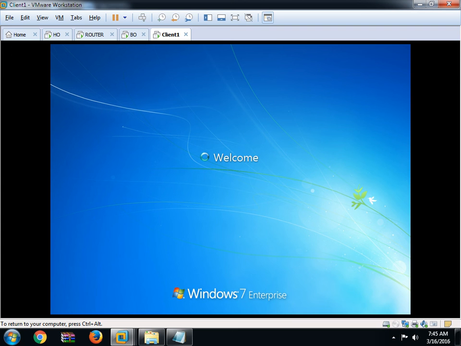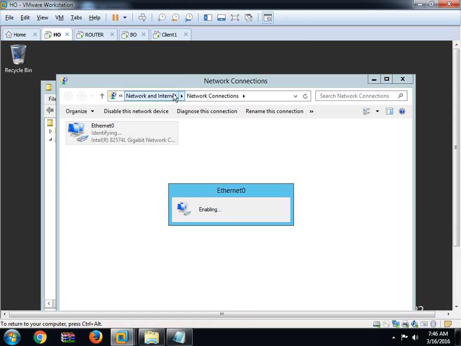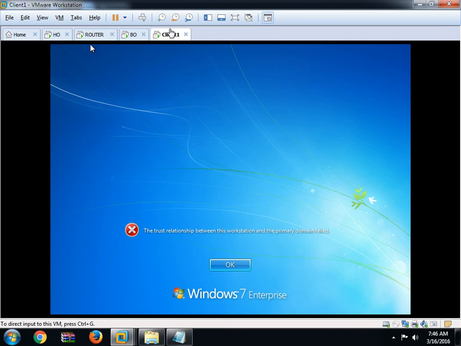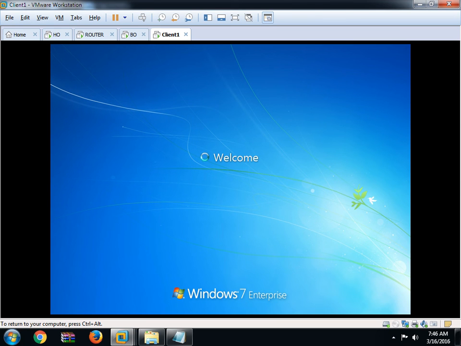But if you enable the local area connection with the head office, then easily we can log in with this system. But if you do not check mark RODC, an error will come. Now just enable, move to the client, okay, password @123 and wait. Now you can log in, because data will replicate from the head office. The password will authenticate from the head office.